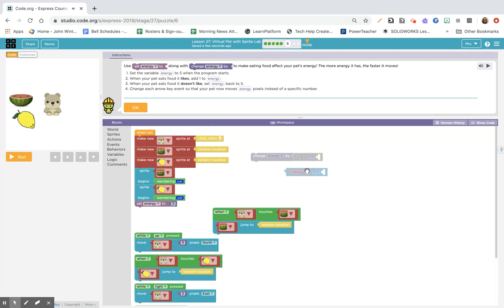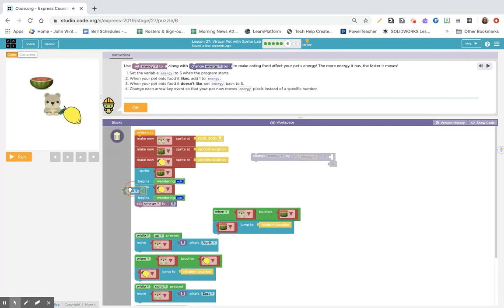So I wanted that one instead. So I don't want blue, I want the purple. Take that out of there. So change energy by,